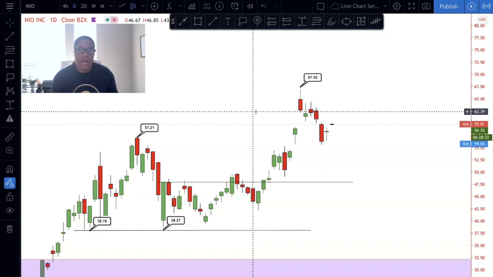Now, once again, you as a personal investor over your own account, you choose what looks good to you. You choose what's the best price point for you to buy and hold your shares at, right? We can give you recommendations, we can give you estimates, but at the end of the day, you're the one who has to grow your portfolio as well. You take that same initiative. I would love to see this come down a little bit more, to be honest with you guys, to buy at an even better price.